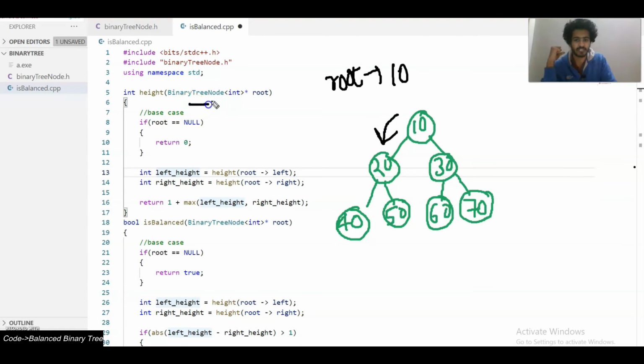Now we enter into this height function. The root for this height function is 20 now. So this is the left subtree which has been passed to this height function. We basically passed this root, it received this root node. It will calculate the left height of this subtree. Again, it will call on 20's left, which is 40, and 40 will further call on its left, which is